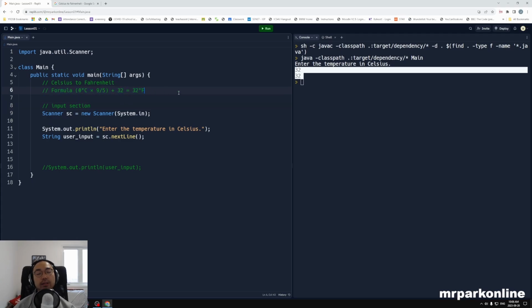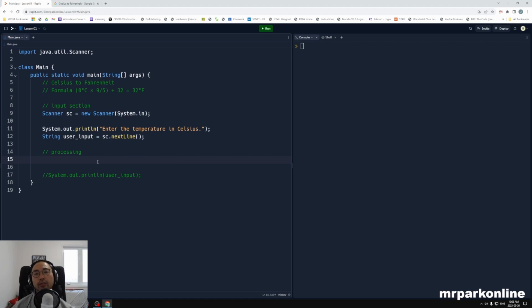We want to apply this formula so that whenever we get a user input, we can actually use the formula on it so that we can calculate the given Fahrenheit. So this is going to go under a section called processing. Okay, so for our processing section, what I want to do first is convert our user input, which is a